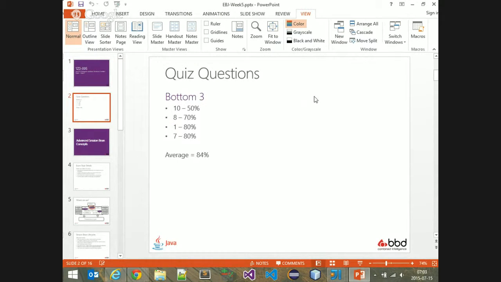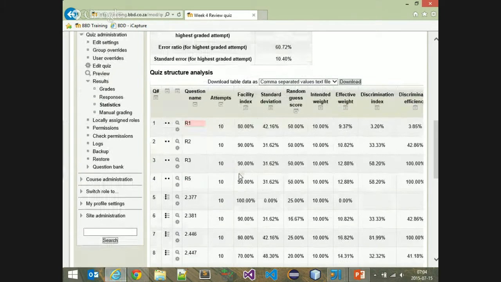The quiz went much better this weekend than last week, about a 20% climb in the average. I don't know if it's because we're fewer people now, just the bright people left. So looking at the bottom 3, it's not really the bottom 3, it's more question 10 at 50%. The rest were high, but we'll do the bottom 3. So looking at question 10,